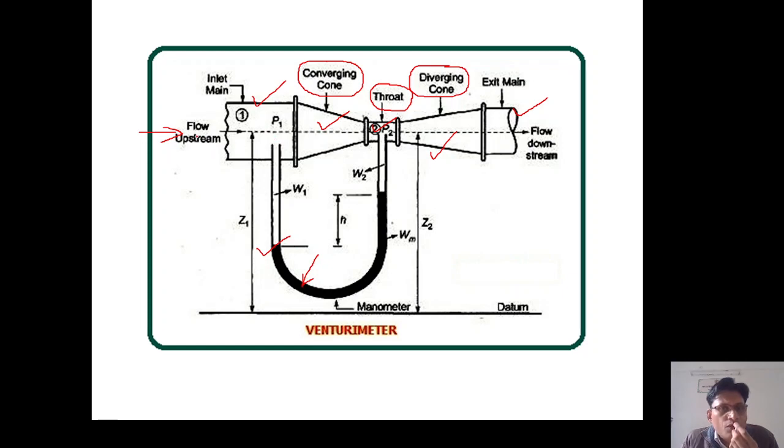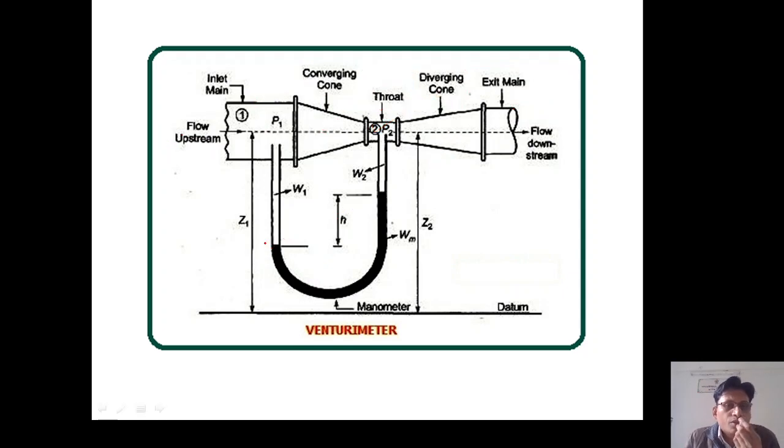So when fluid passes from the left to right side, due to the pressure difference at P1 and P2, the height of mercury will change. So you can see here the level of mercury is not the same. You can see the mercury level is different in both the tubes. And suppose the difference of height of mercury is h. So you will put this h in the formula to find out the rate of flow.